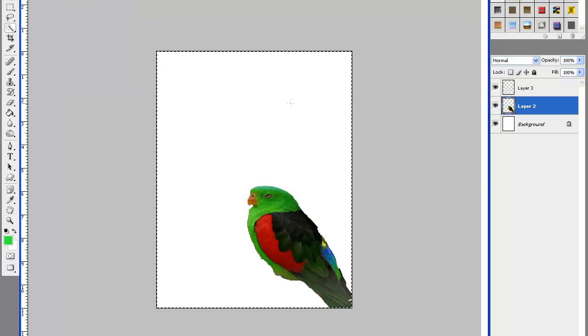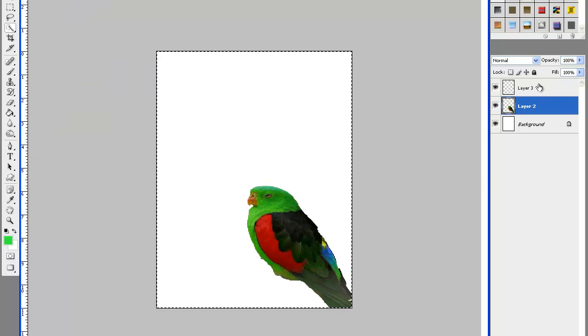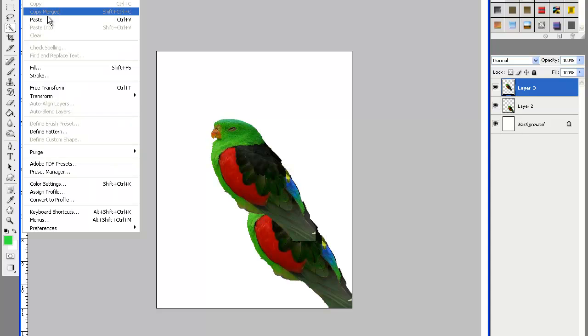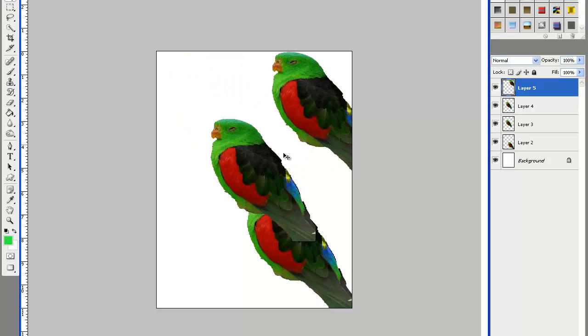Well, what happens when we go select all here? Copy, new layer, edit, paste, edit, paste, edit, paste. Okay, so now I have a few birds